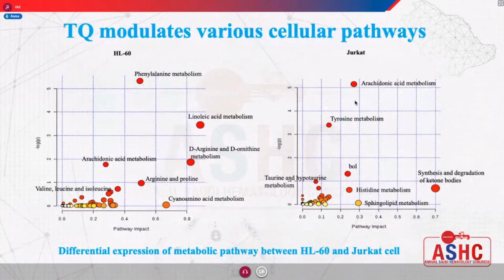In cellular pathways, apoptosis is a major contributor in maintaining tissue homeostasis. Thymoquinone changes the cell metabolic rate and induces apoptosis. In HL60, phenylalanine metabolism shows higher impact by thymoquinone treatment. It activates ROS and induces apoptosis. Also, linoleic acid metabolism changes cell proliferation and induces apoptosis. In Jurkat cells, arachidonic acid metabolism shows higher variation and is changed by thymoquinone. Another higher impact by thymoquinone treatment is tyrosine metabolism, which interlinks with other metabolic pathways like glutamine and tyrosine kinase, which is downstream activation of apoptosis.